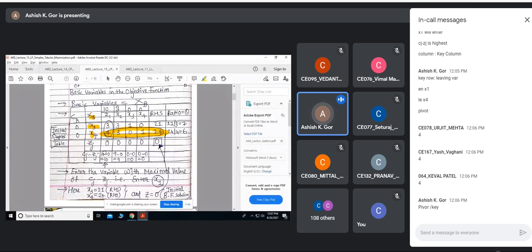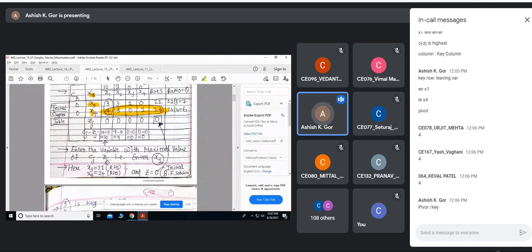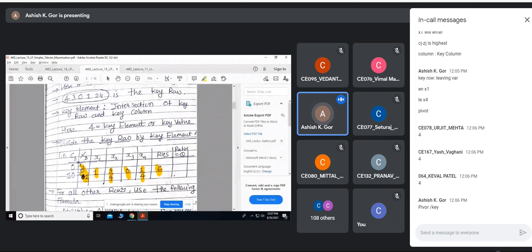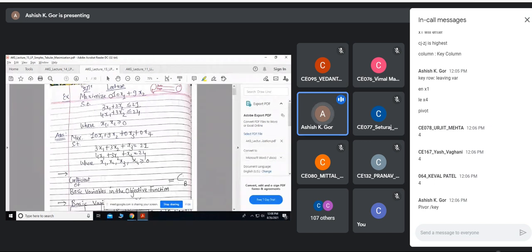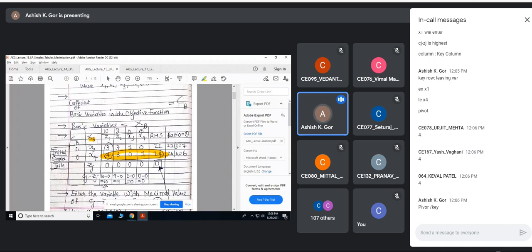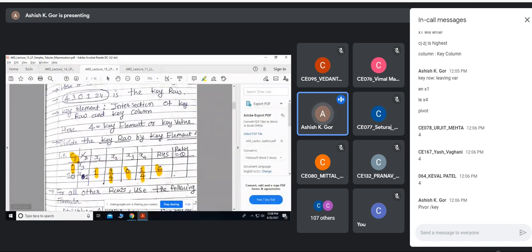Now under basic variable we have x3 and x1. Why? Because x1 is a variable which is going to enter the solution, and that's why x1 is entered. And now you see I also changed CB, because x3's coefficient in the objective function is 0, but x1's coefficient in the objective function is 10. x3 has 0. Right? So I have written like this: 0, 10, x3, x1.